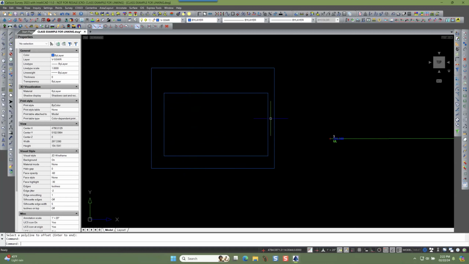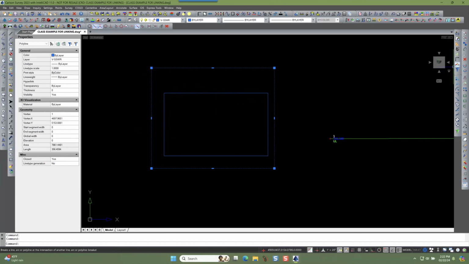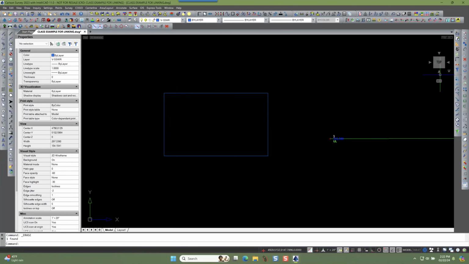On the top, it's 20. On the right, it's 5. I didn't have to do 3 different offsets and then trim and join and do all that kind of stuff, because that command put it all together in that one aspect. So, that's an okay example with a rectangle, but a lot of times you might have,